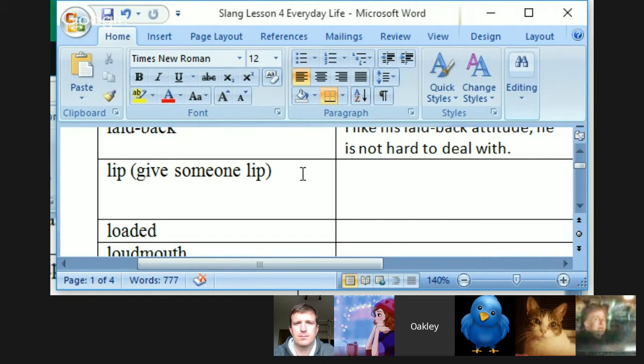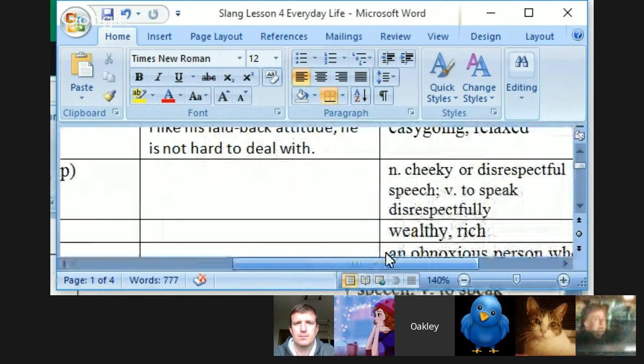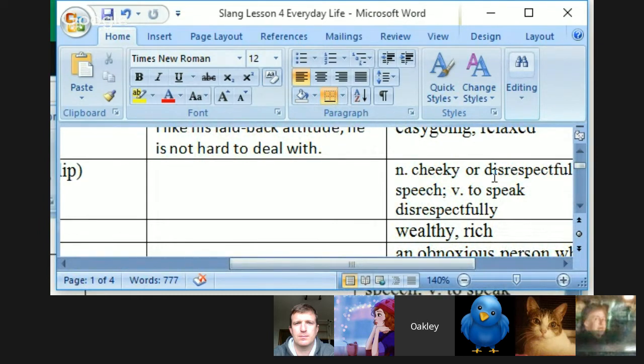If you're a skateboarder, you might skate on the lip of the pool, the very edge. All right. So slang, you don't lip someone. We never say it like that. It can be used as a noun, cheeky, disrespectful, a lot of lip or some lip. It's used as an uncountable noun, by the way. He gave me 3 lips. Doesn't make any sense. He gave me a lot of lip. Too much lip. Okay, it's an uncountable noun, and it can be used as a verb, but